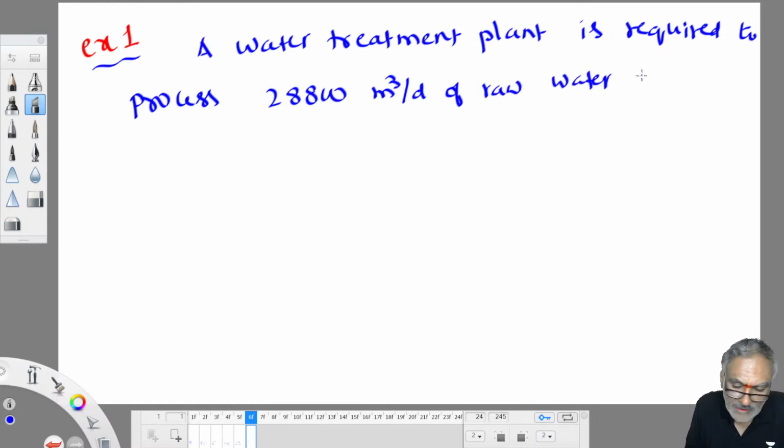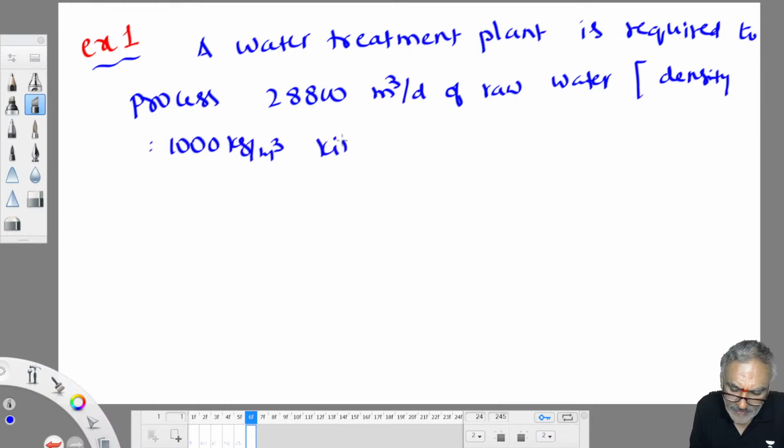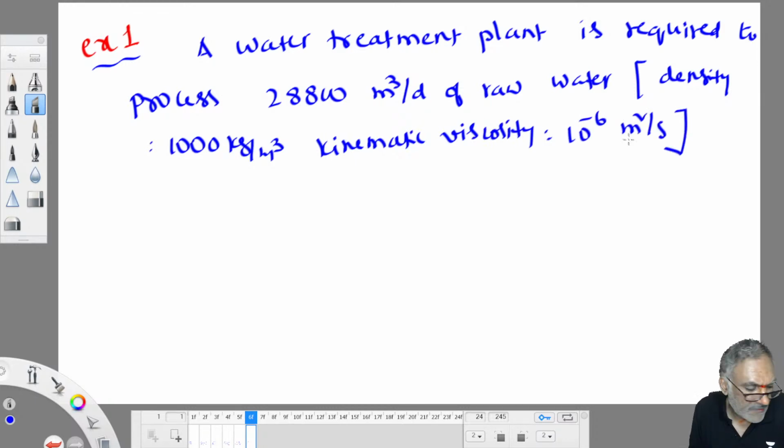In brackets he has given density 1000 kilogram per meter cube, kinematic viscosity 10 power minus 6 meter square per second. The rapid mixing unit